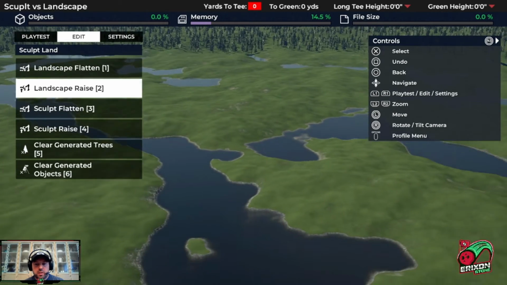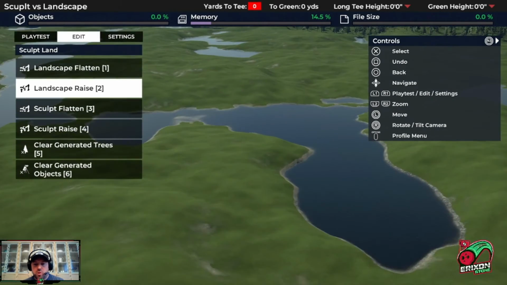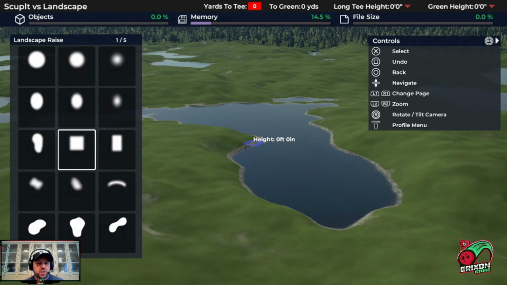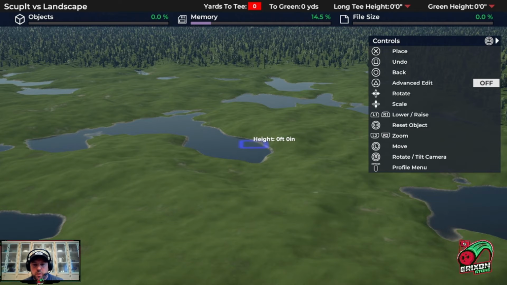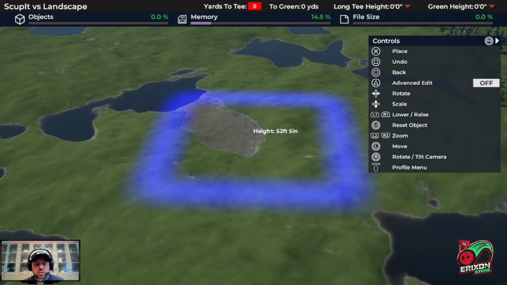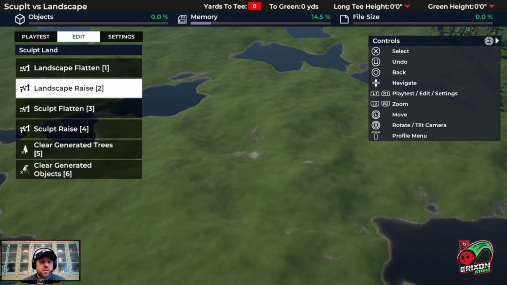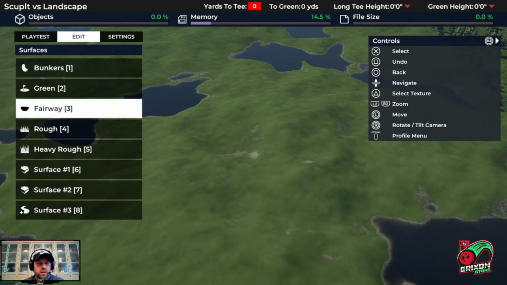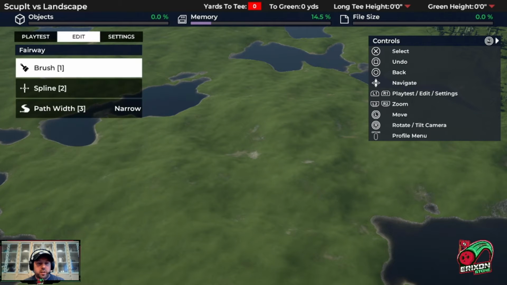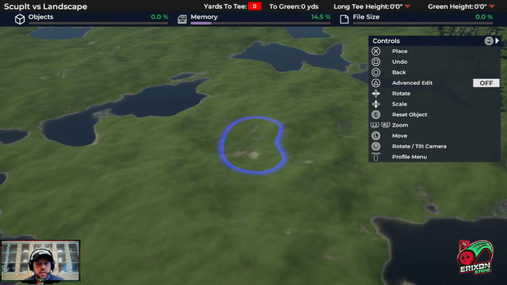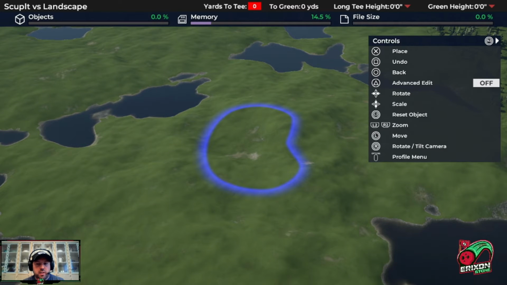So in order to start, I'm going to use the landscape raise brush. I'm going to use a fuzzier brush here, and I will raise the terrain right over here, just so that there's no more water in that area. Then, when I create a surface, and I create a fairway or a green using a brush, I'll just build this right in here, make it nice and big so you can see what's happening, place it,